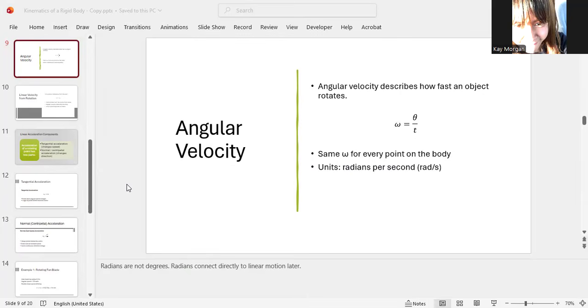Now you're going to apply the same concept to rotation. In rotation, you have angular velocity because you're looking at how fast that rigid body rotates. When you think about the rigid body, you're not thinking about it only as a whole. You think about the rigid body as a whole and as little tiny pieces. We define the pieces down to the very smallest material, and we call that a point. So the points in the object and the object rotate at the same time. It tells you how quickly the angular position changes with time. Angular position belongs to every point in the object and to the object itself.